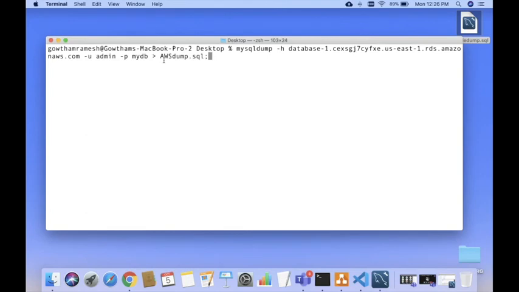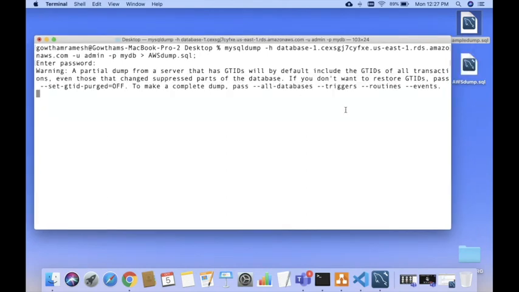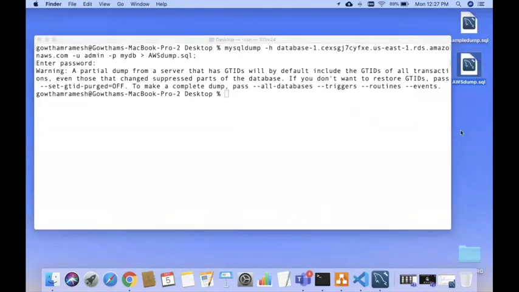So what this particular statement does is it takes the dump file of the remote AWS RDS database. The password you're supposed to supply, okay, the AWS password. Okay, now this particular statement has successfully created the AWS dump.